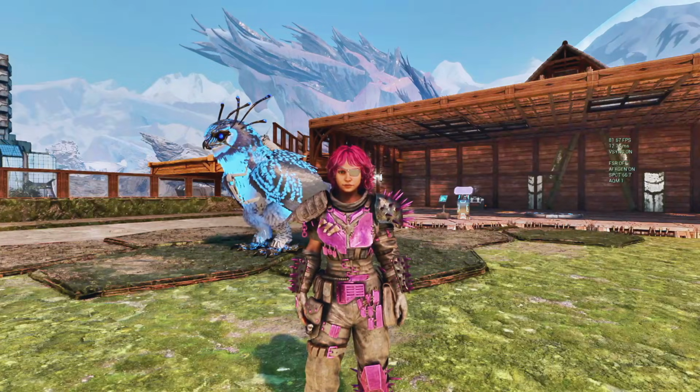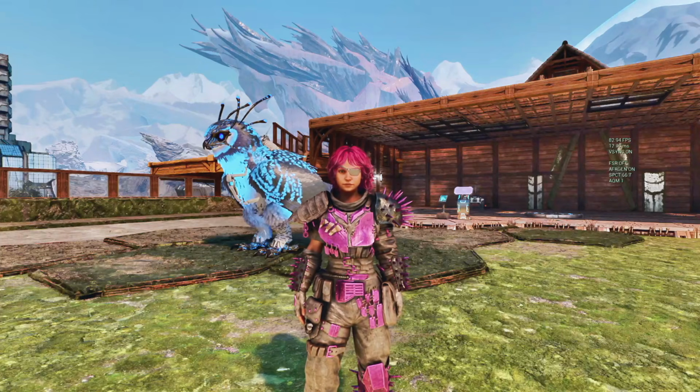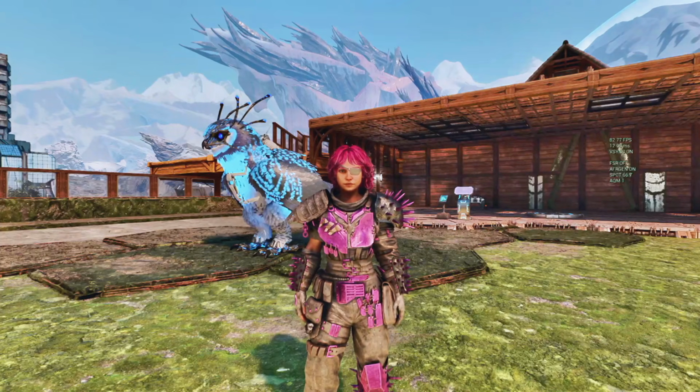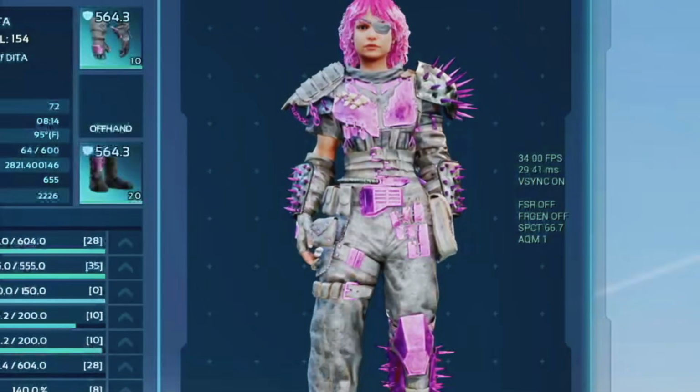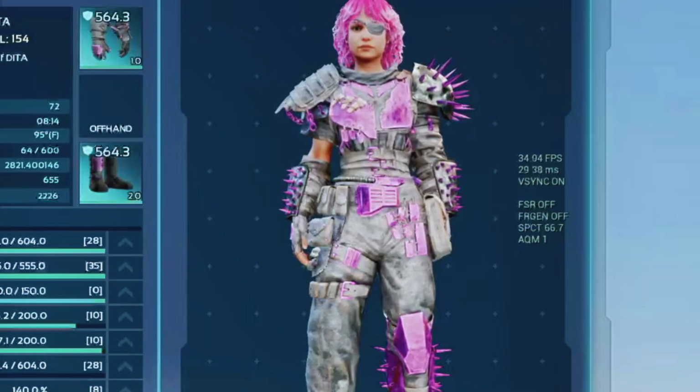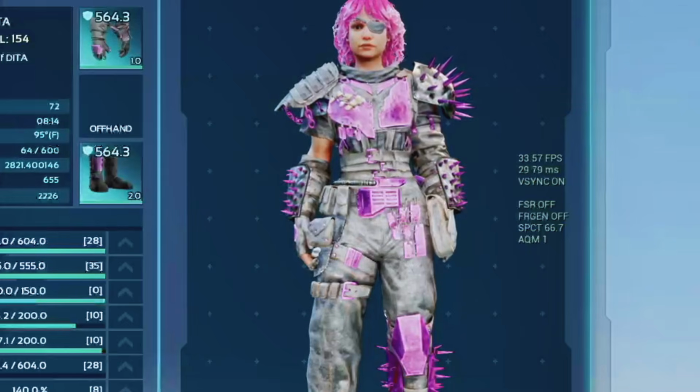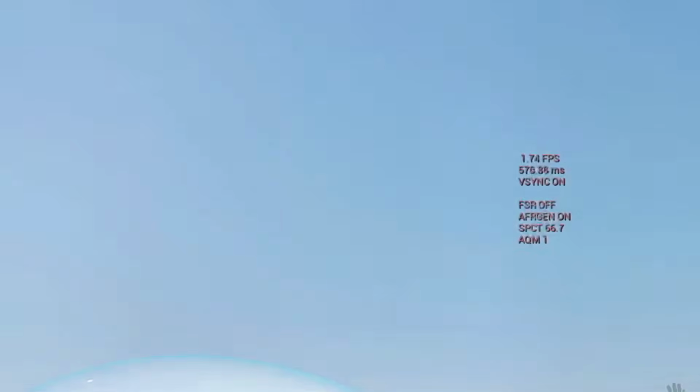Another technique to avoid inventory crashes is to use the extended hotbar to avoid going into your inventory. Now, I want to put this frame counter where we can see it, and I'm just going to open and close my inventory. I'll probably enlarge this through editing so it's a little easier to see, but what we're trying to look at is how it will have a low spike in frames as I open and close my inventory. So it dropped down to 25, I think is what it was, and it's hovering around 33, 34, and now I'll exit my inventory. It spikes down to 0, and then it jumps back up to, at its peak, 87,